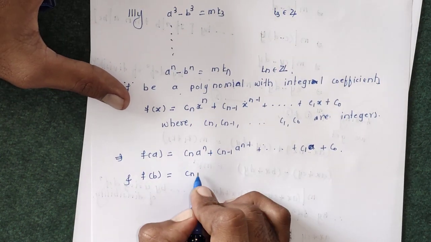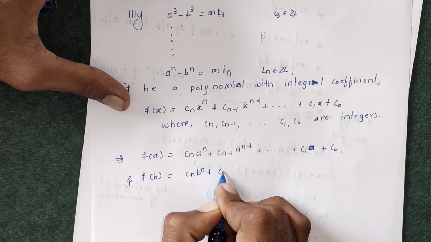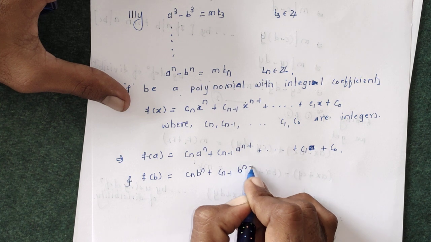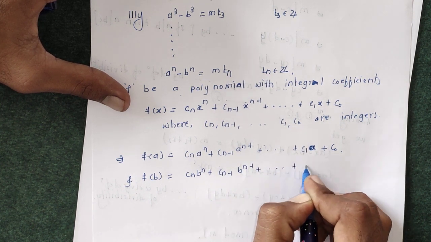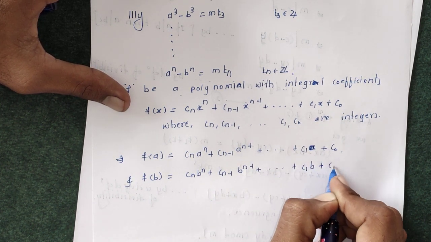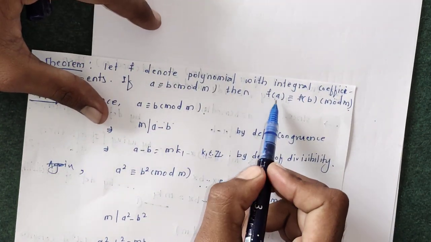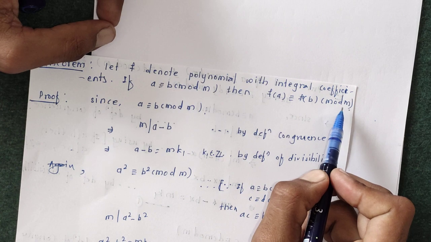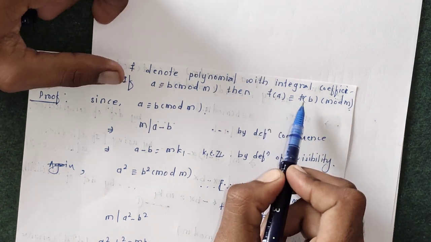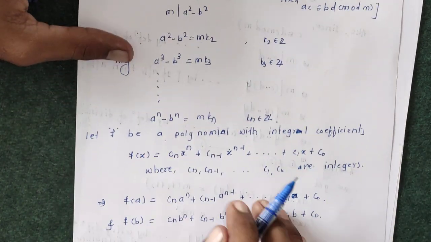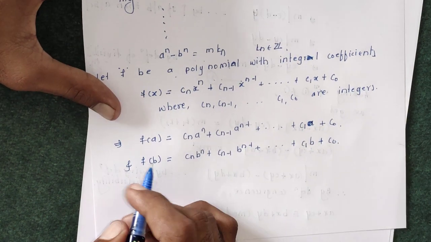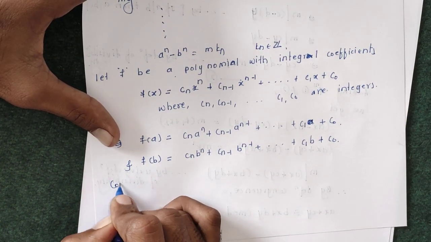Here we get f of b equals cn b raised to n plus cn minus 1 b raised to n minus 1 plus up to c1 into b plus c naught. We have to prove that f of a is congruent to f of b mod m. So we must prove that m divides f of a minus f of b. So subtracting this f of b from f of a, we get, now we are going to consider